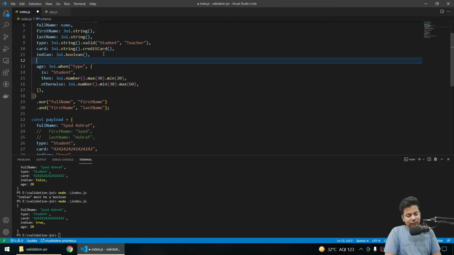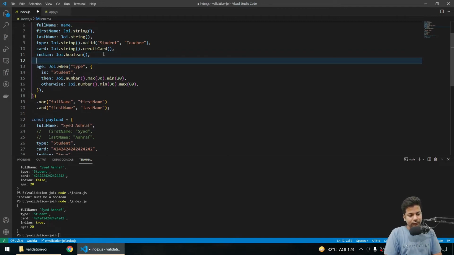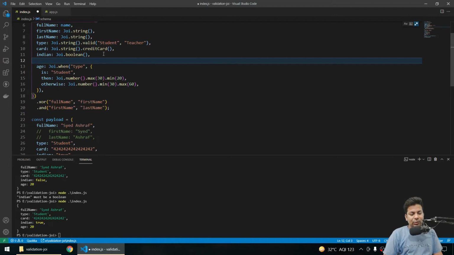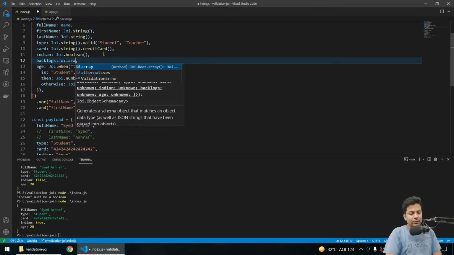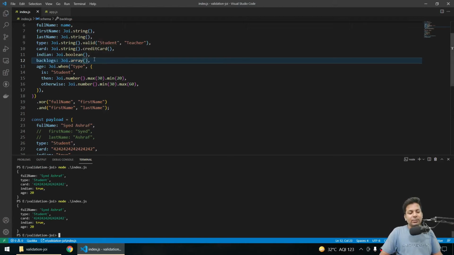I think we can ask for, suppose, backlogs. Suppose this is a student schema and they have some backlogs. So I'll just say Joi.array, because backlogs can be in one and can be in two or three subjects. So I'll say Joi.array. It's acceptable because it's not required.